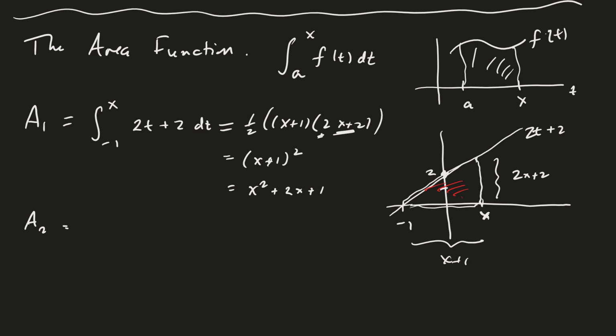Let's see, how about the area from 1 to x of t dt? What would that be geometrically? Well, here's my function, t, and then if I'm going from 1 to x, it looks like it's going to be the big triangle minus the small triangle. The small triangle is a 1 by 1 triangle, so that's going to be 1/2 there, right? So it looks like then my area is going to be